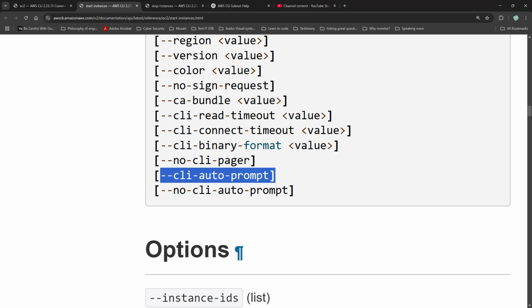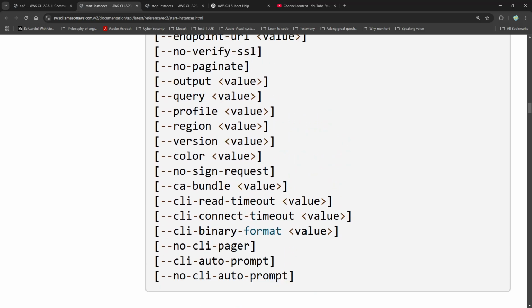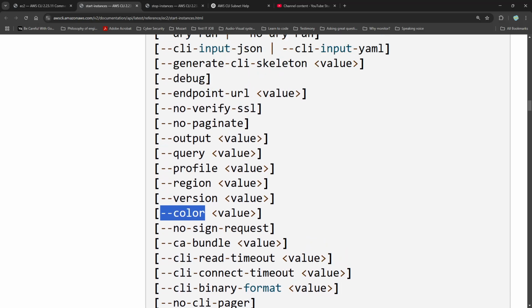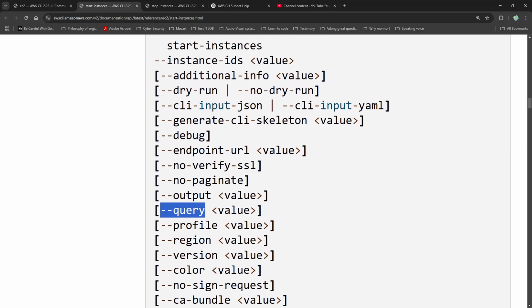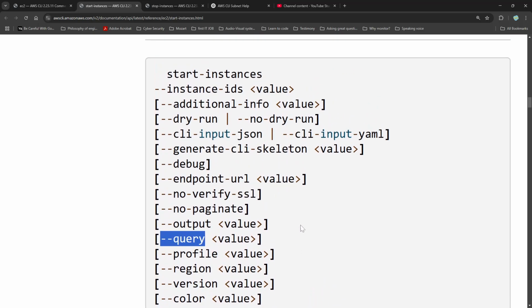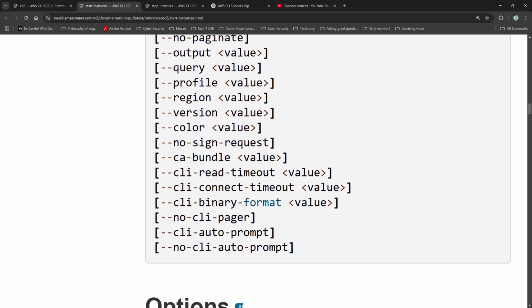CLI auto prompts, no CLI auto prompts. --color. --region. --query. There's no filter parameter here, because what can you filter? It's an action, you're starting the instance. But there's no option about not starting with the public IP. So